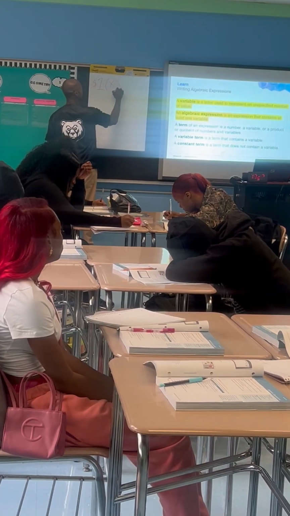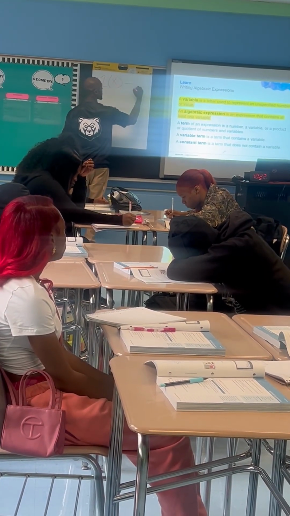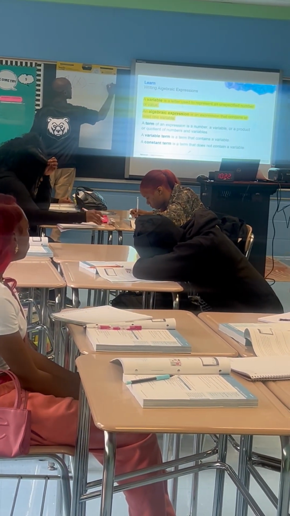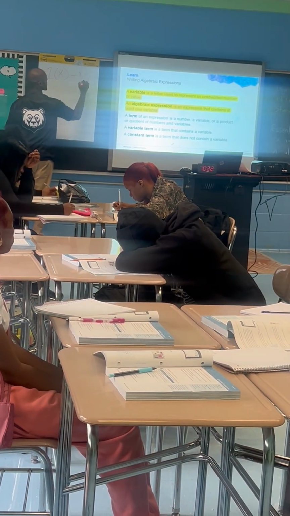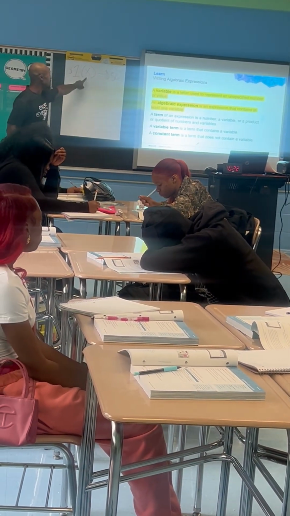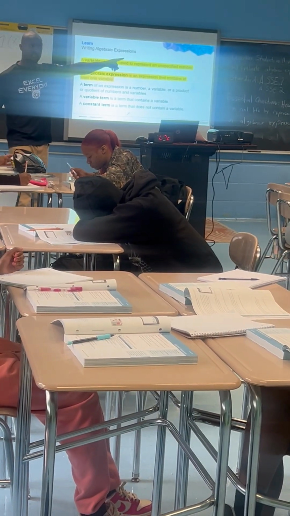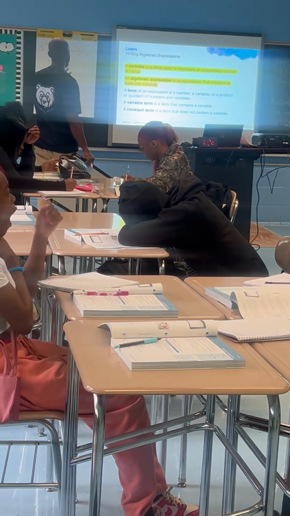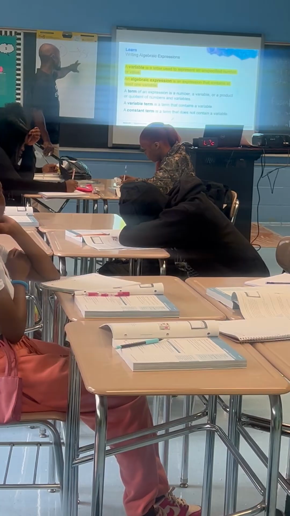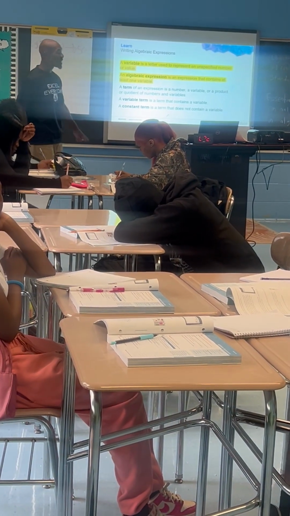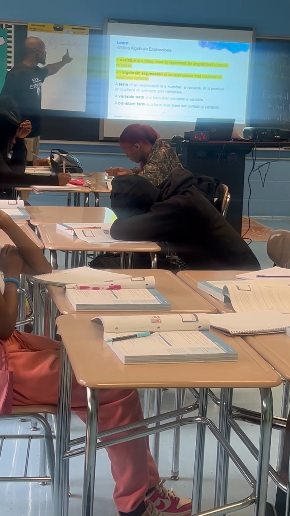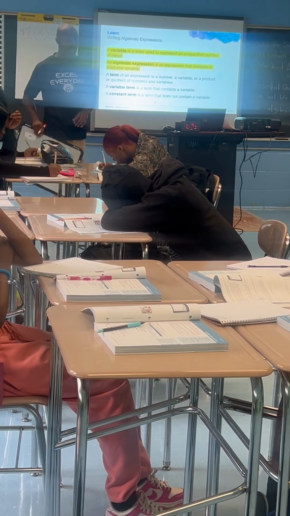X, that's the number of bags of chips, minus 50 cents. So for every bag of chips that I buy, I get 50 cents off. Okay? Well, actually, that's not true, but in this situation, you said 50 cents off the entire cost. That's if you only buy one bag of chips. Okay? Now,